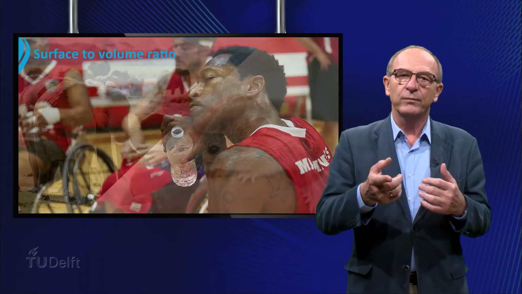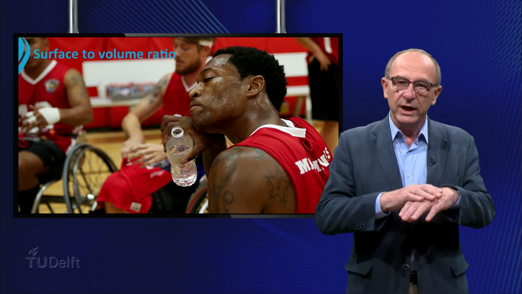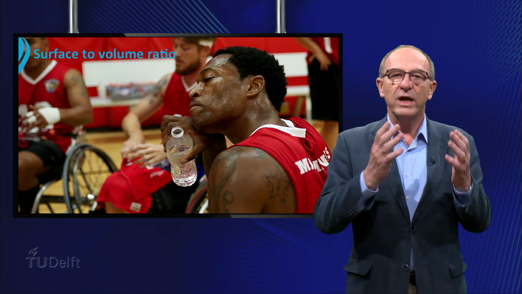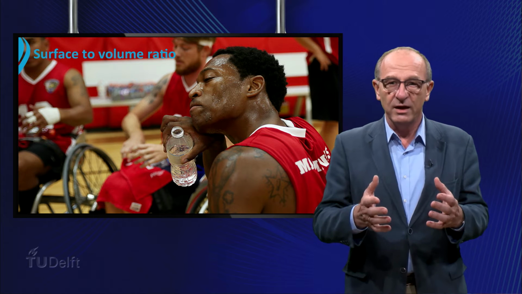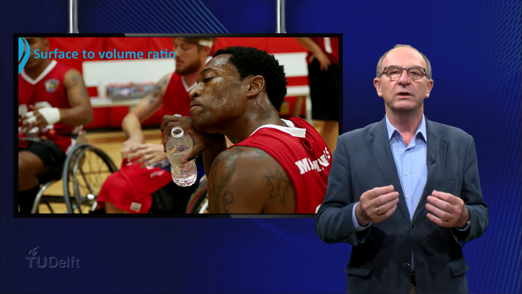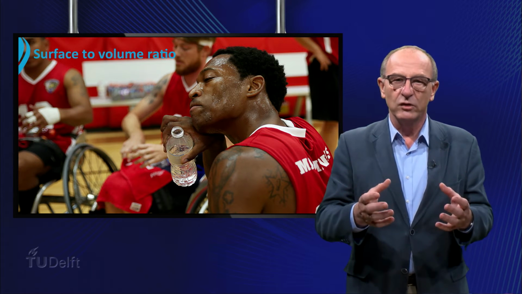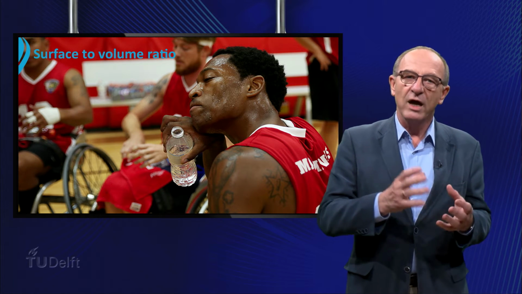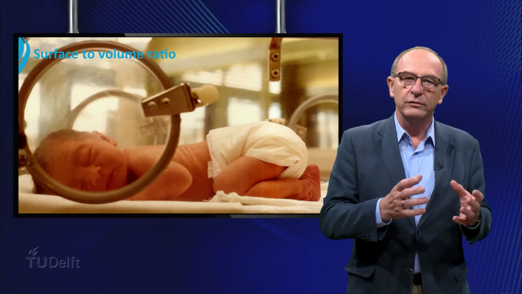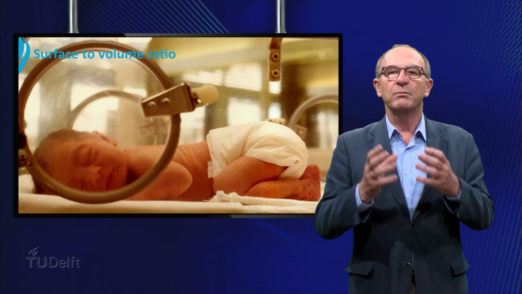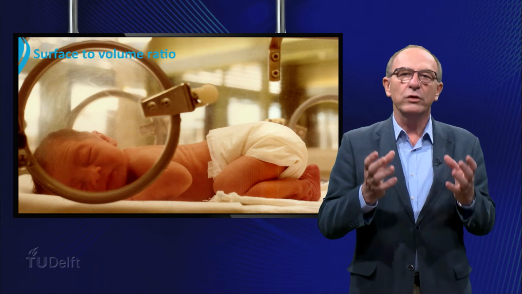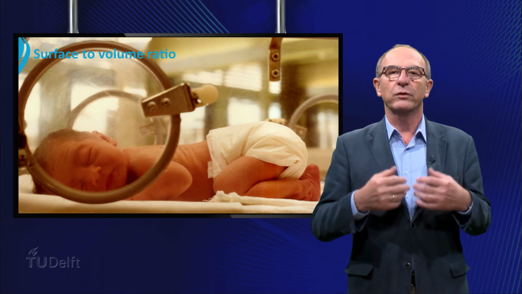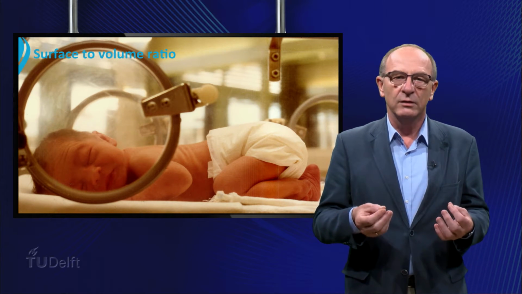Take your own body. We produce heat in our body and lose it through our skin. Roughly you can say that the ratio of surface area of the skin and the volume of our body is the parameter which determines the speed of cooling. A baby, where the ratio is high, cools faster than an adult. That's one of the reasons that babies who are born too early have to stay in an incubator to keep their body temperature at 37 degrees C.